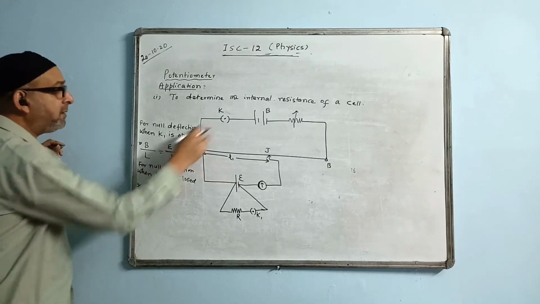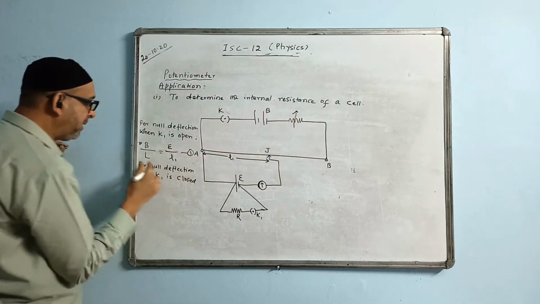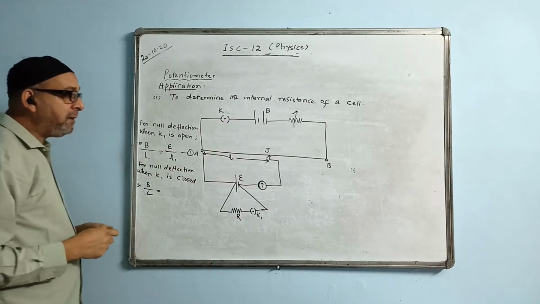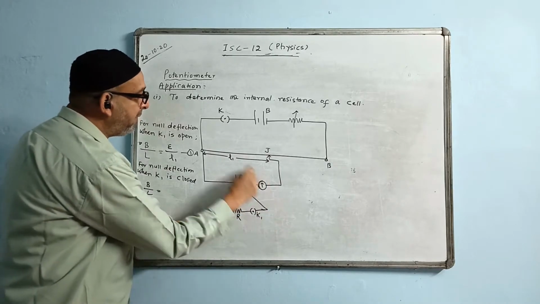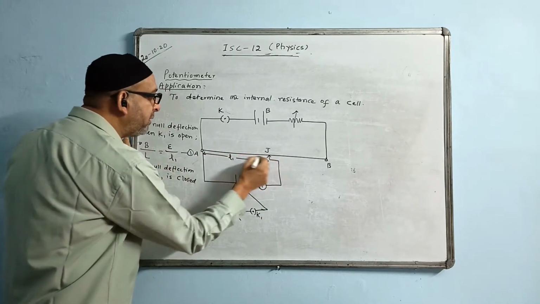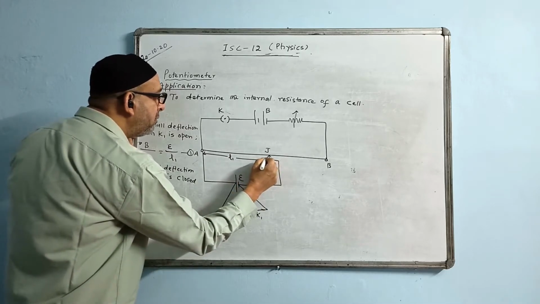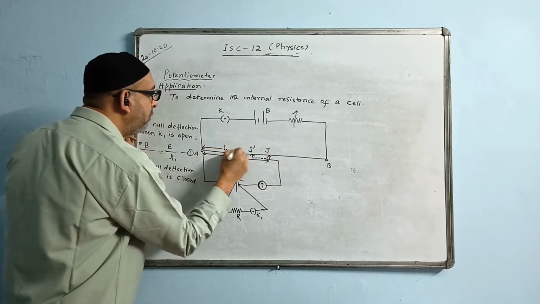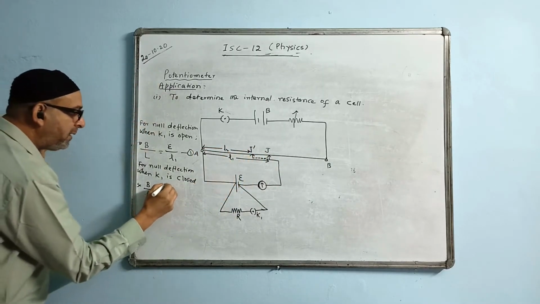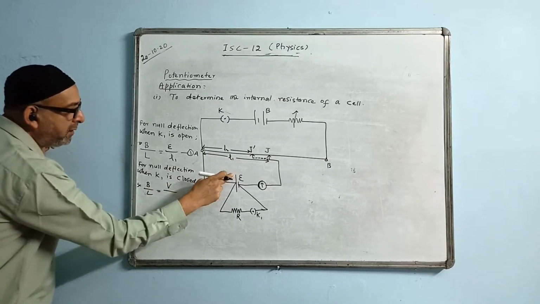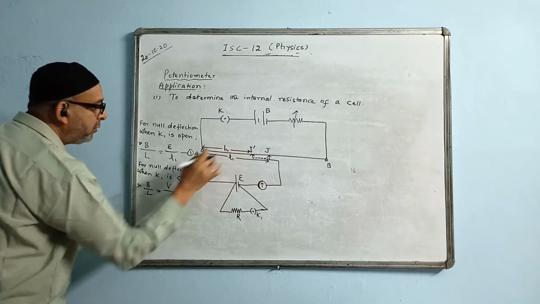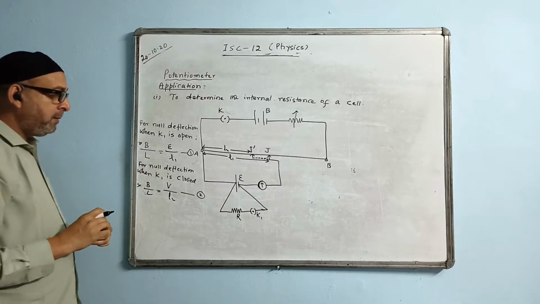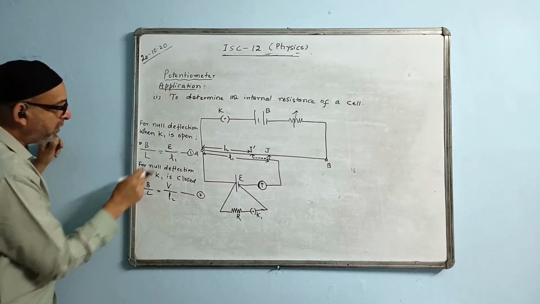Now this time, what is the potential gradient of the wire? It is the same as before, so we will write the same thing, E by L only. It has not changed. Now when current flows through a resistance R, this voltage will balance the length. The new balancing length will be shorter, because EMF is bigger than the terminal voltage. So this new balancing length will be shown by a dotted line here, J dash, the new position. The new balancing length is L2. So that time the terminal voltage is balanced, not the EMF. The voltage across this is balancing this length L2. So we write here V by L2 as equation number 2.